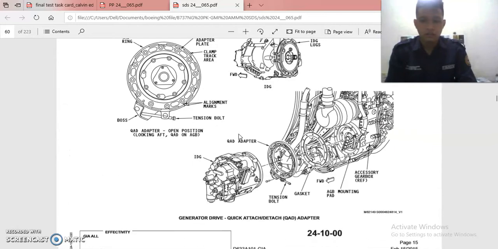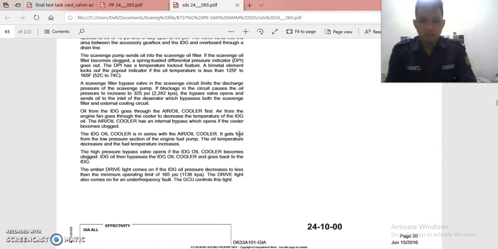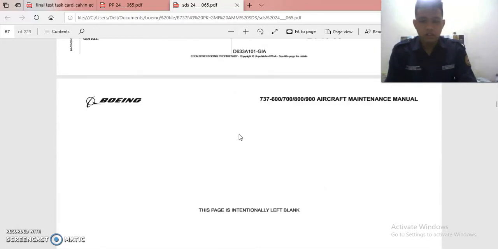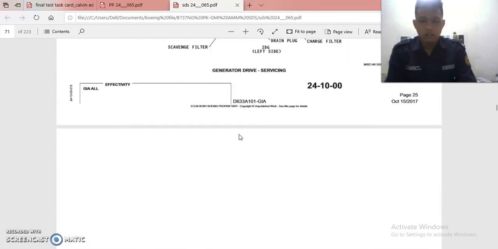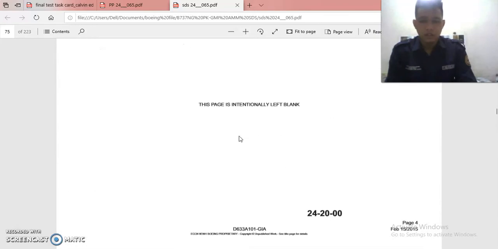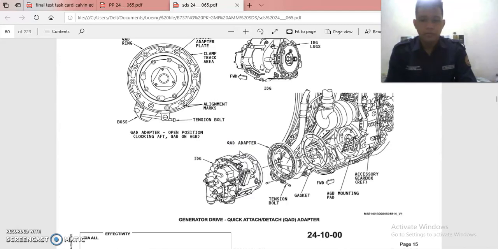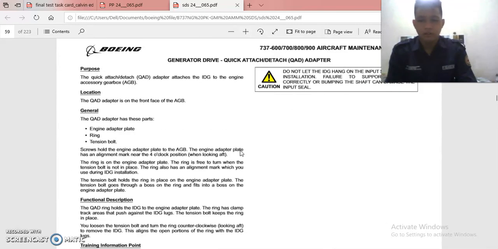So let's see the description about general servicing. That's general servicing. Okay, that's enough. I think from chapter 24 about electrical power, that is the description